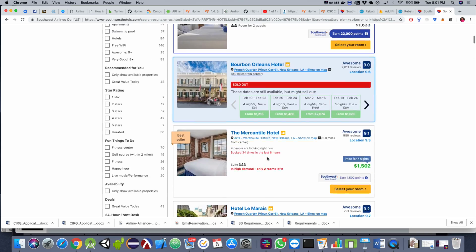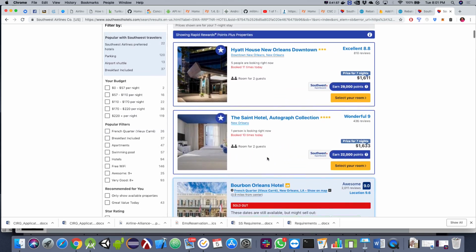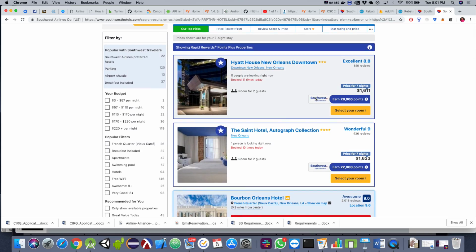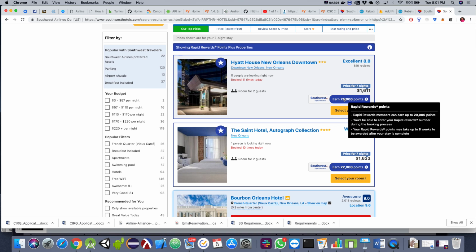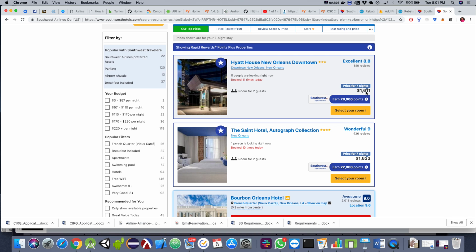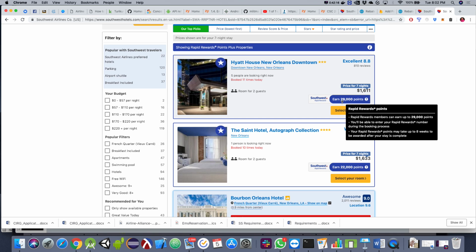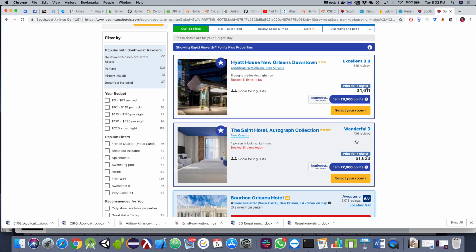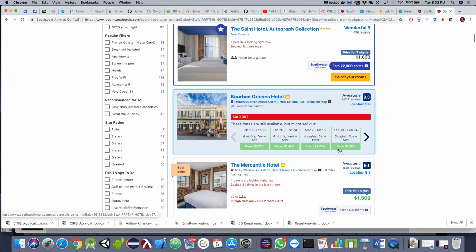So what I do is, you go through here, you see each of these hotels. So, oh my gosh, look at this one. That's actually a pretty good deal right on top. So $1,600 for 7 nights. It's not cheap, but that's 29,000 points. It's a pretty good deal. If you were going to stay there, if you were willing to spend $1,600, 29,000 points for your trouble is a decent deal. Okay, but you can kind of go through here, and you can get to one that kind